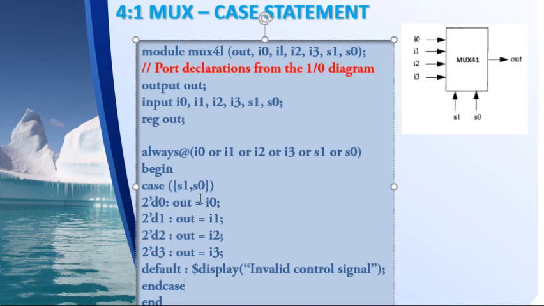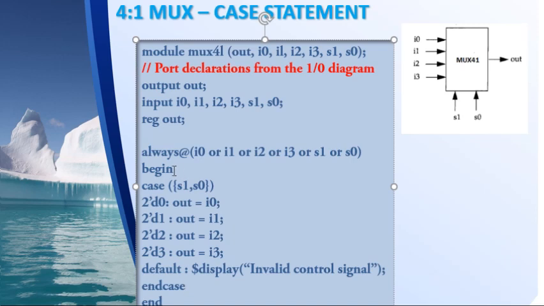Now you recall that in Verilog the signals by default will take 4 values: 0, 1, X and Z. So we have only considered S1 and S0 taking values 0 and 1. We have not considered values X and Z. So there are many other values which we have not covered in our alternatives. If S1 and S0 take any one of these uncovered values, then it will come to the default block, wherein I will display the message as invalid control signal.